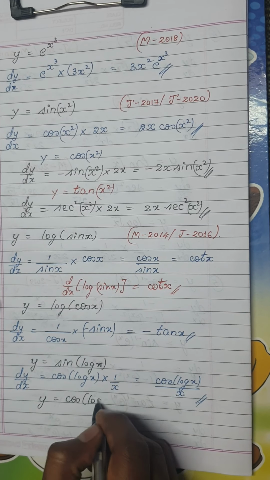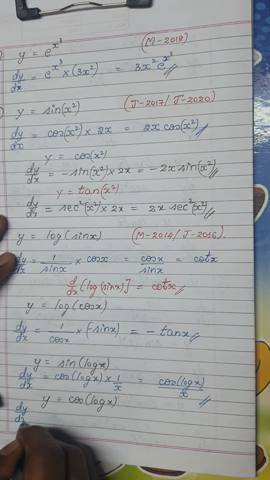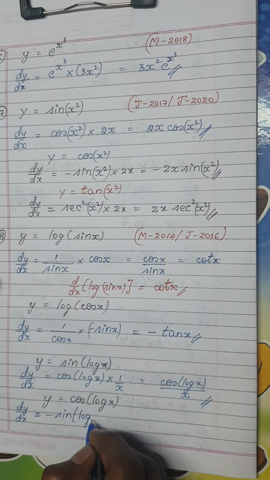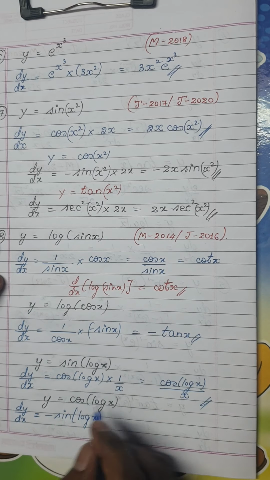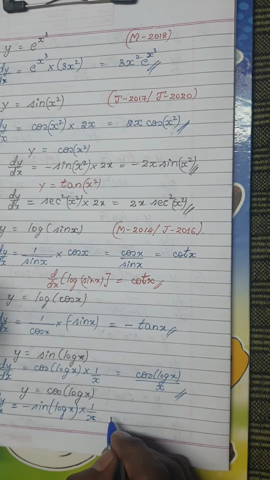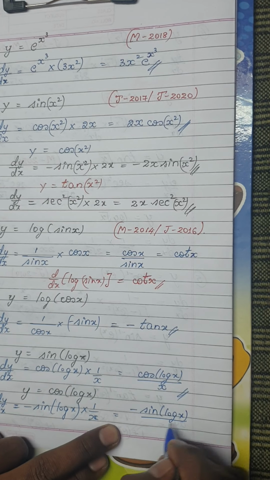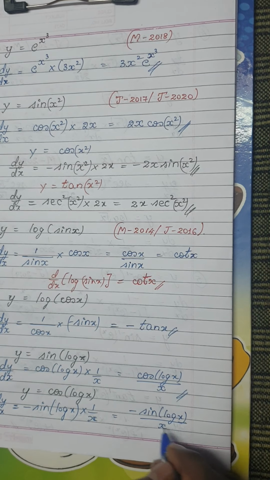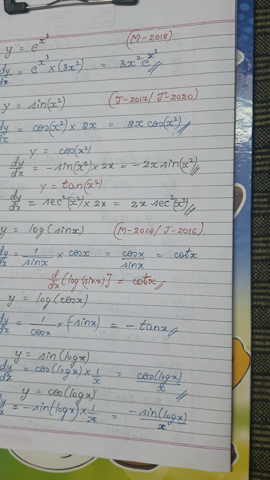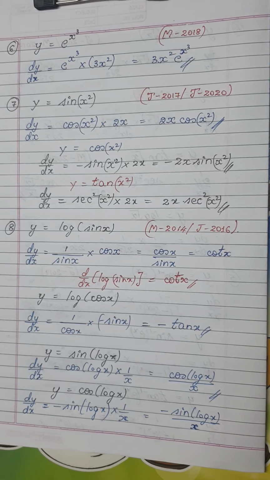These are all standard functions which you have to know to find the derivative. Derivative of cos is nothing but minus sin of f of x into derivative of log, which is 1 by x. So finally this is nothing but minus sin of log x whole divided by x. The questions are very simple. Only thing is this will make you thorough with the concept of composite differentiation.